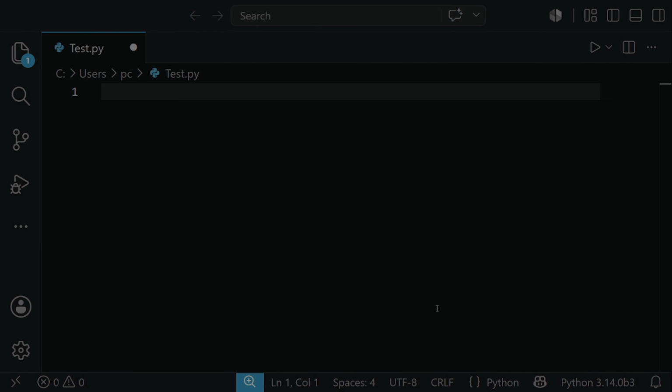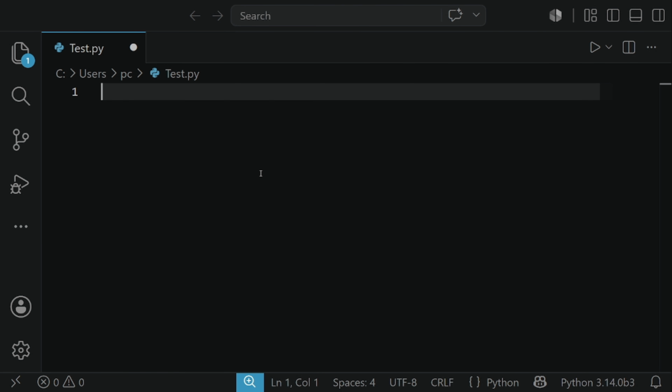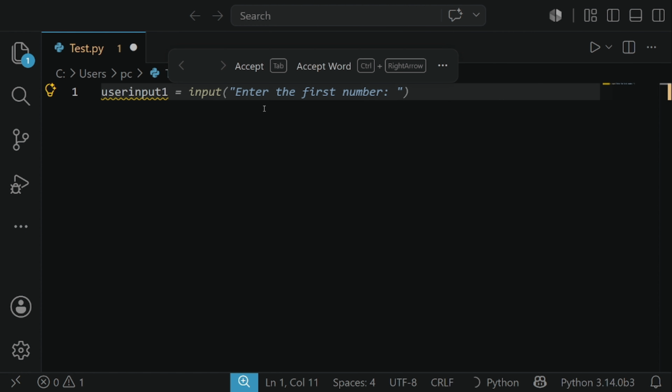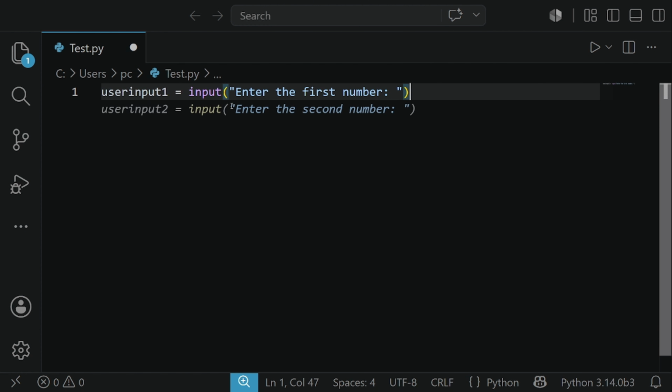Hello guys, now in the previous video we learned how to do math in Python, but it has a problem: you have to enter the values in the code. But we can fix it with the user input command. So user input 1, and as you can see VS Code is giving suggestions like the stat to accept